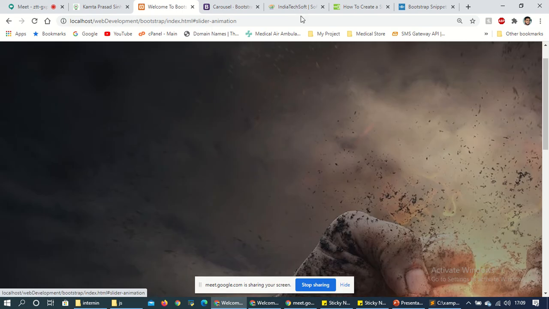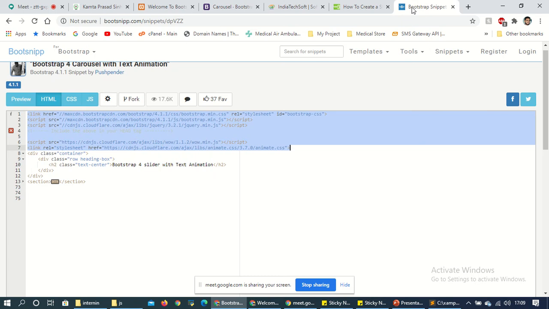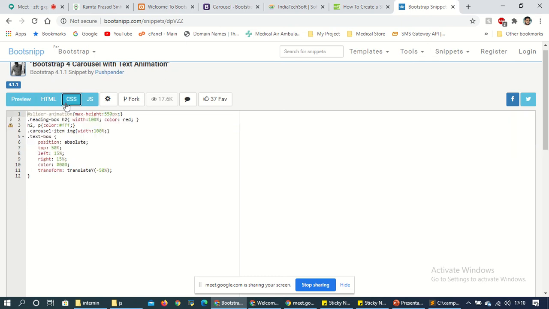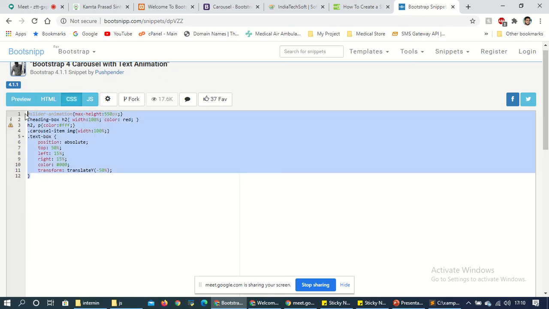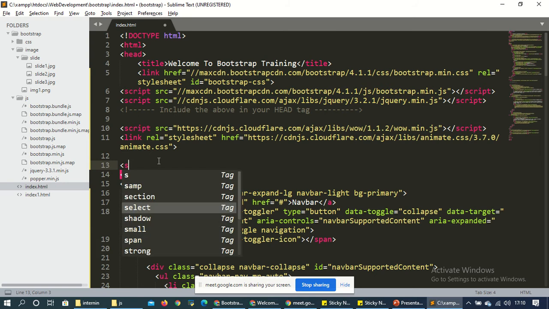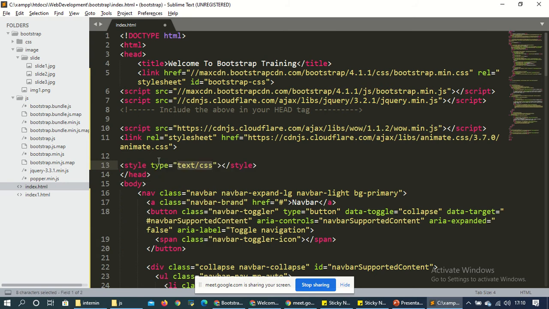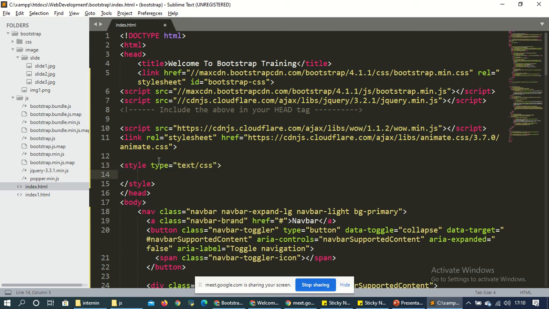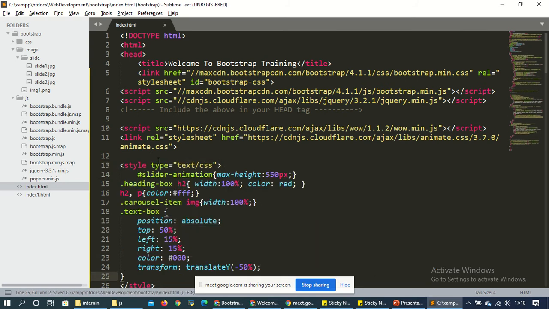Here it is not working. Now just go to the CSS. If I want the CSS, you can just copy, go to the code, and in the head link title, here in style, I'll paste that same code.